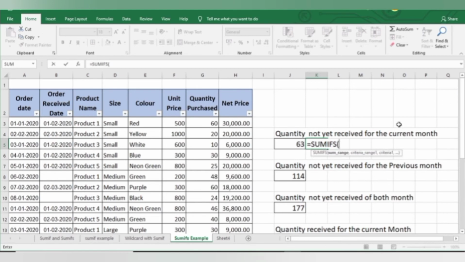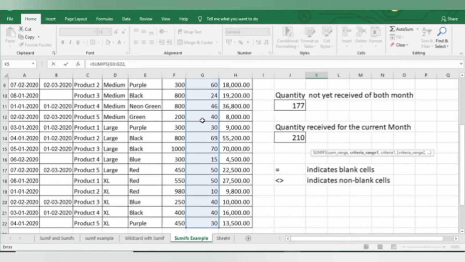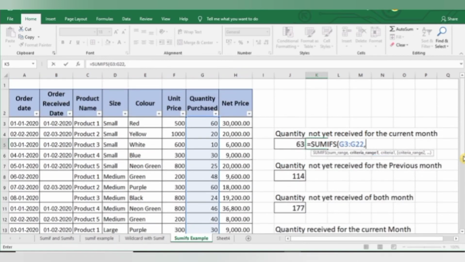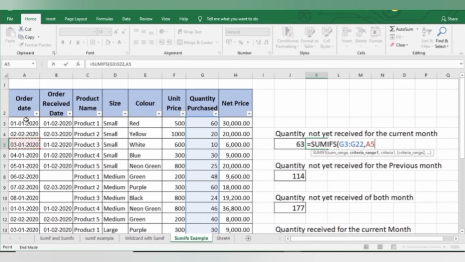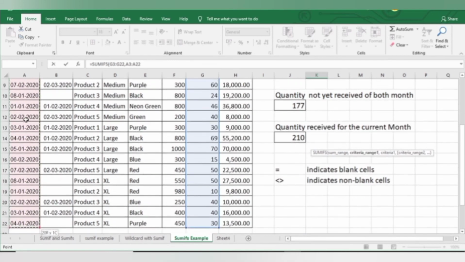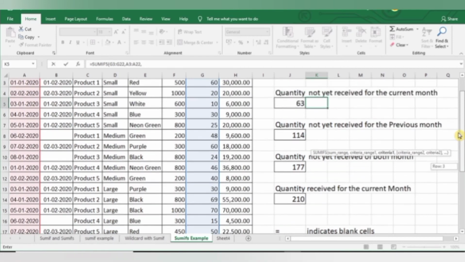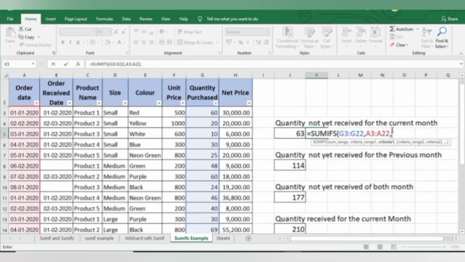My sum range is my quantity purchased, then comma, my criteria range 1 is my order date, then comma, then my criteria 1 would be: I want the dates which are greater than 31 January, because I am finding out the quantity for the current month and my current month is February.